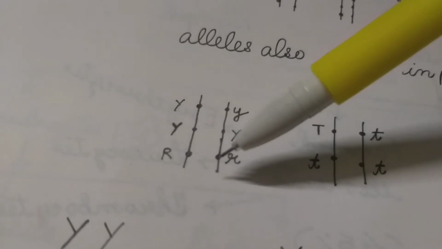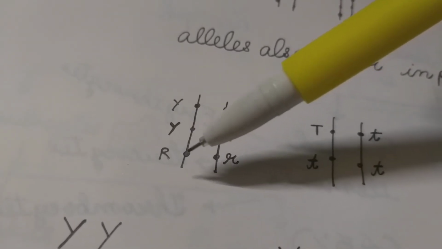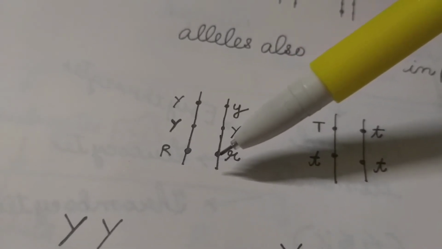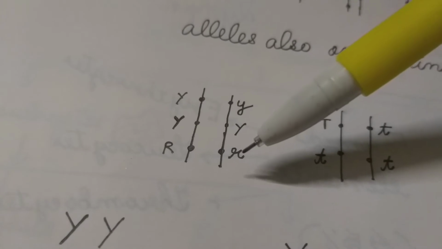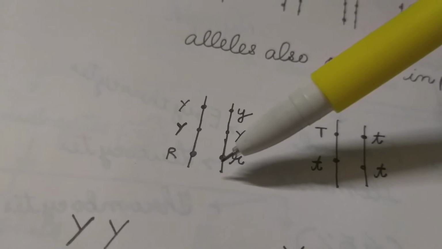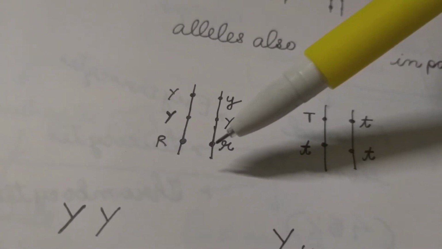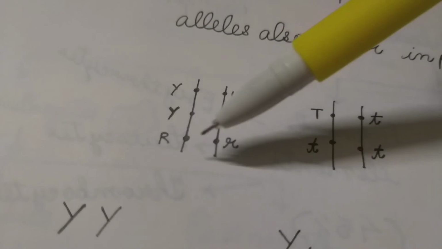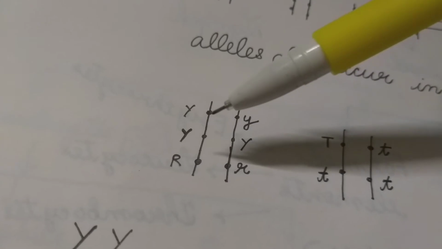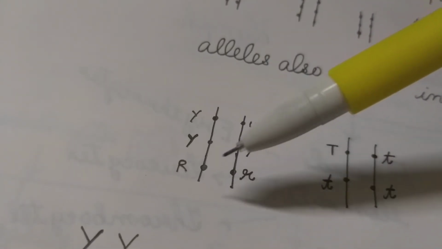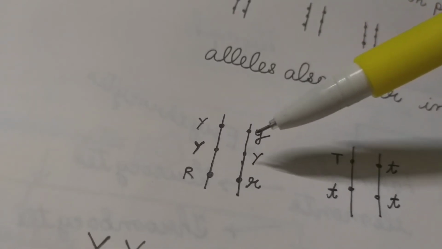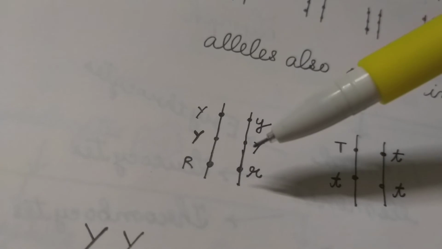There is another pair of alleles in the same chromosome. One allele is responsible for round seed, and the other allele is responsible for expression of wrinkled seed. Now please remember, the two alleles are responsible for the expression of the same character, that is, shape of the seed or color of the seed. They are only alternative forms, two variants. These alleles are either dissimilar, capital Y and small y, or similar, capital Y and capital Y.